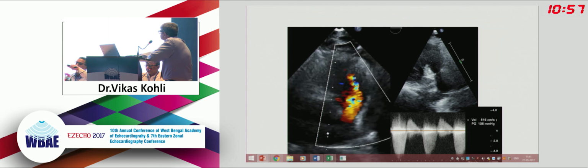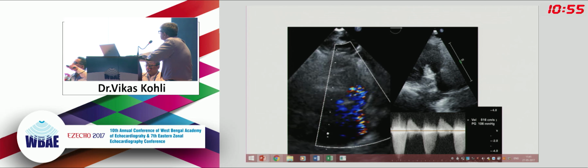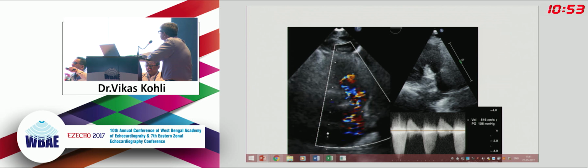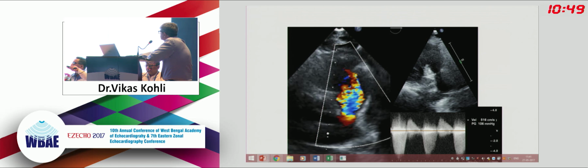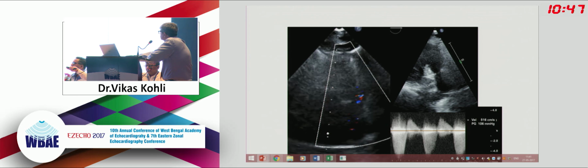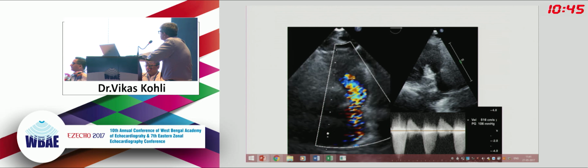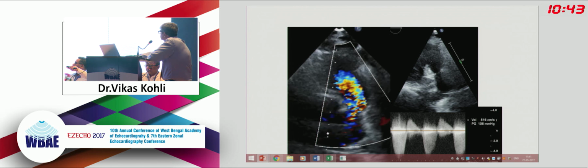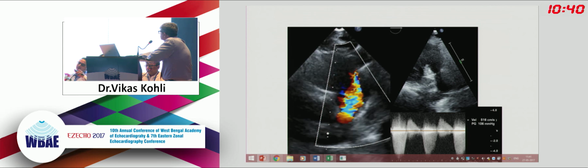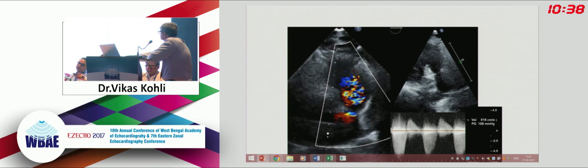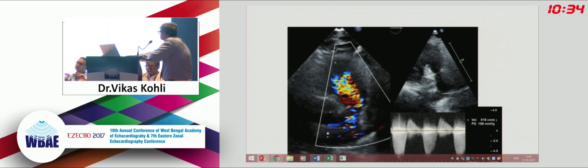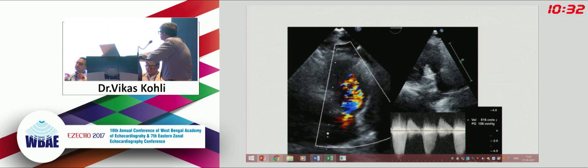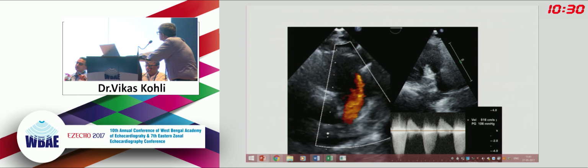If you look at the RVOT, you can see significant obstruction, and this is a point obstruction. Maximum obstruction happens in the annular region. We can see here 106 was the gradient in that index case. PA sizes will be very big, both MPA and branch PA, depending on the age of the child. And this type of patient, if they are in infancy, will have a significant respiratory component